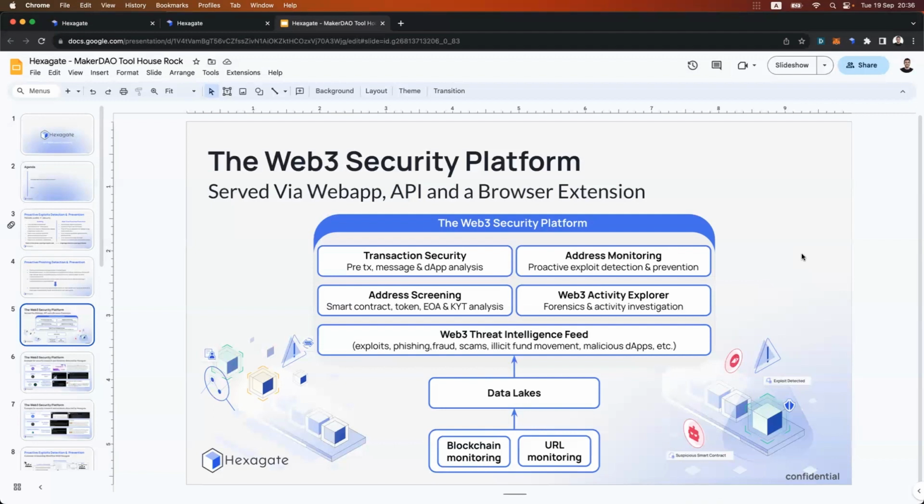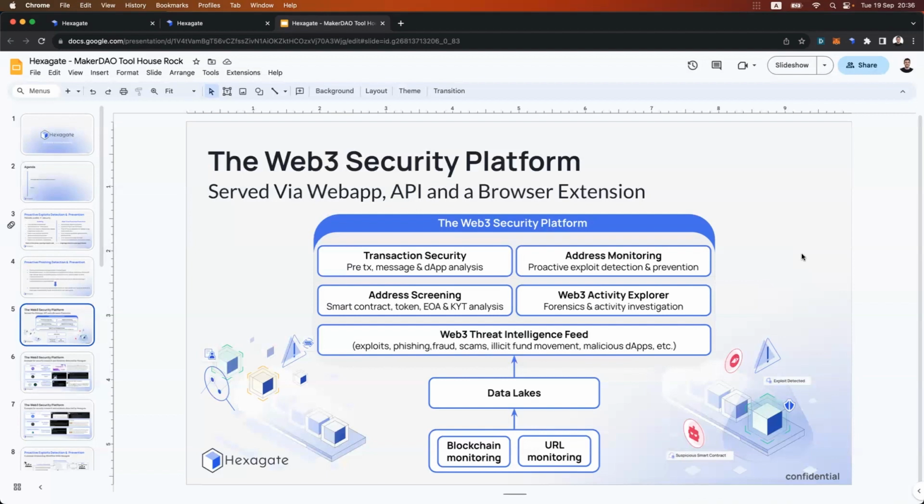The second thing that we have is address monitoring. This is anything around, I have contracts. I can be a user or the protocol itself, and I want to get real-time alerts whenever something is about to attack those contracts. So that is the address monitoring.